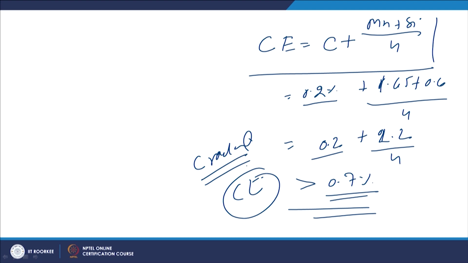In this case, especially since the carbon content is low, even if 100% martensite is formed, the hardness of the weld zone as well as the heat affected zone will be limited. But if the section thicknesses are high, then it will further increase the tendency for cracking. So, there is a